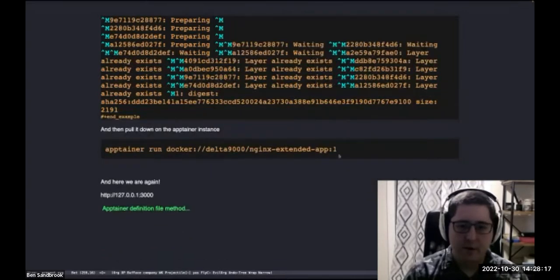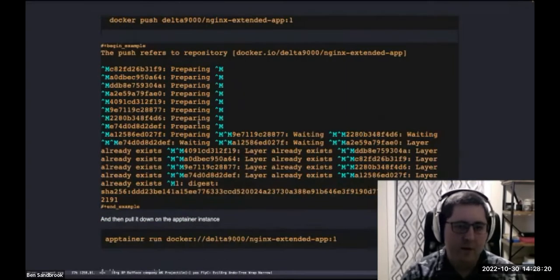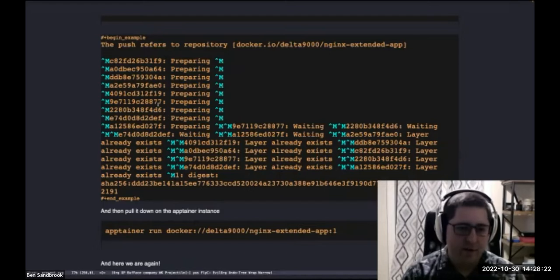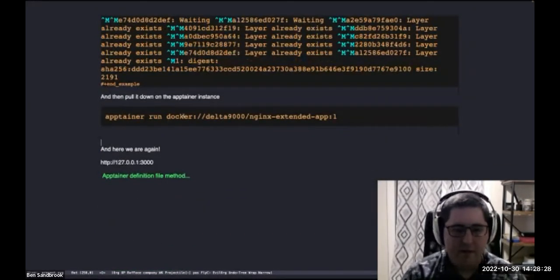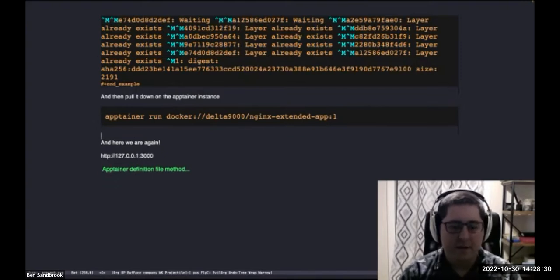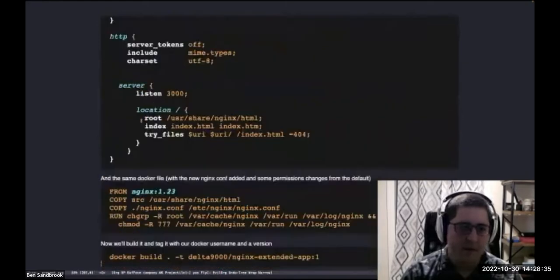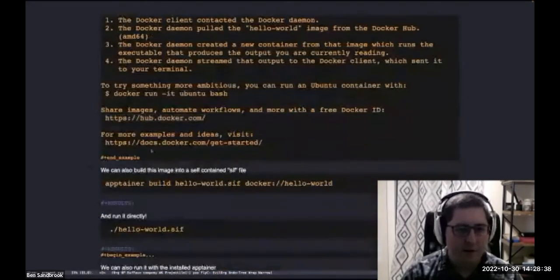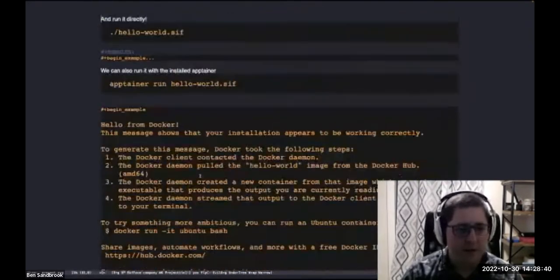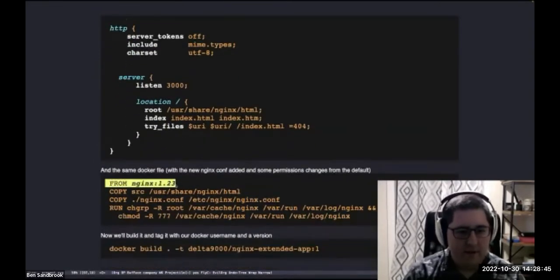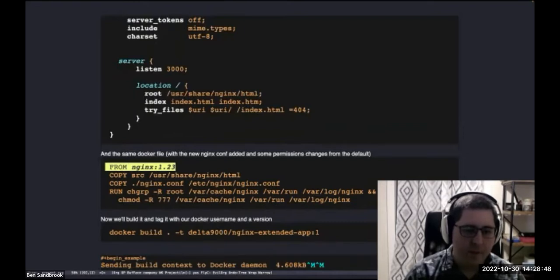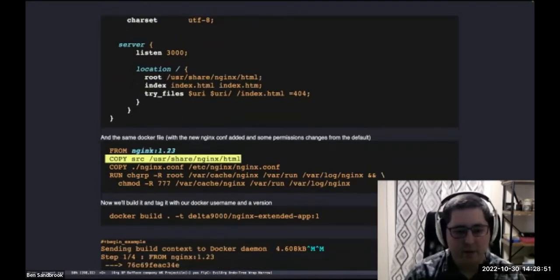So cool. All right, so we've successfully used Docker to push an image up to Docker Hub and pulled it back down with Apptainer. And you can do that to extend pretty much any container you find on Docker Hub. So using that from syntax up here, let's get the Docker file real quick. Oh, I had it up here, didn't I? Yeah, okay. So using that from syntax, you can take any image from Docker Hub, grab it, put your files in it,